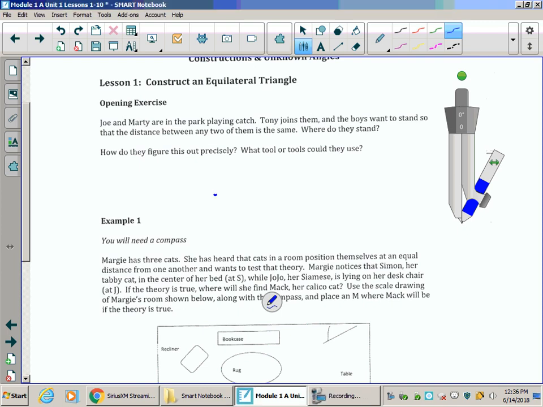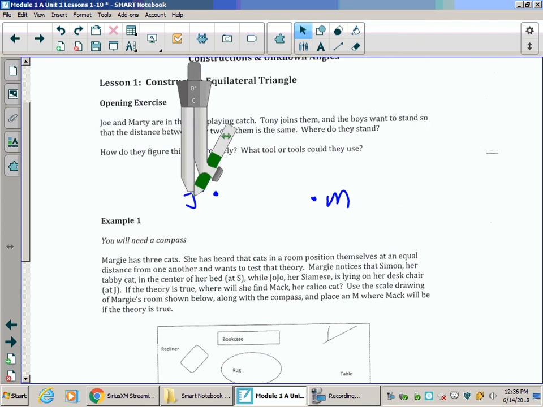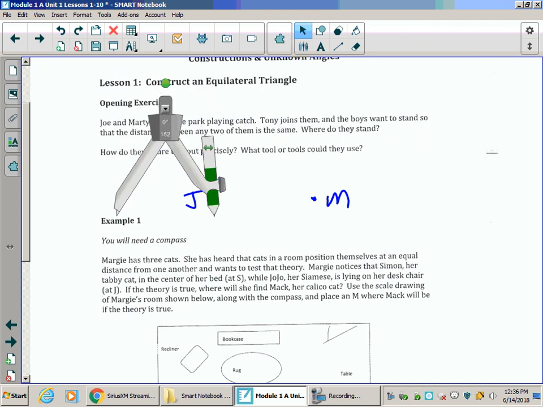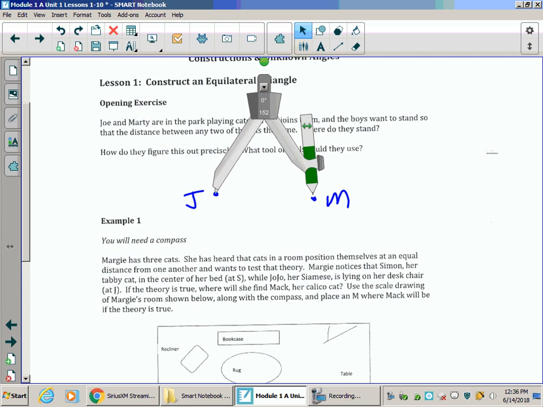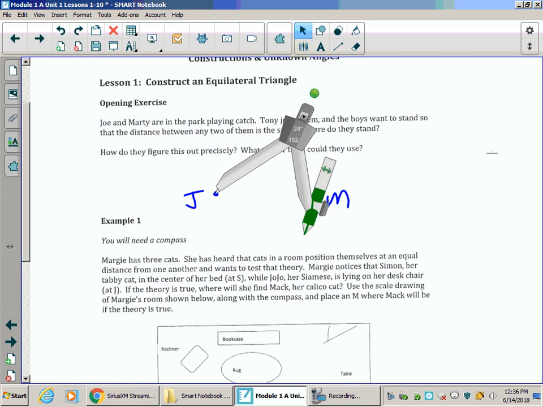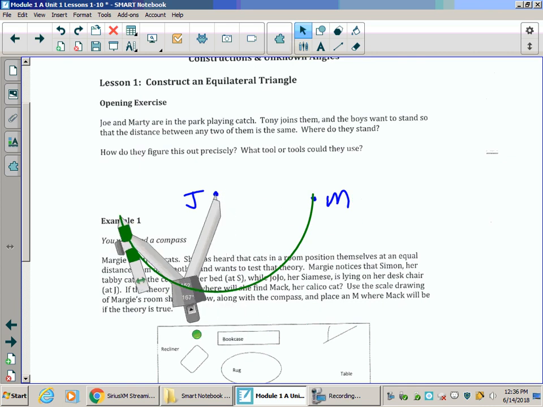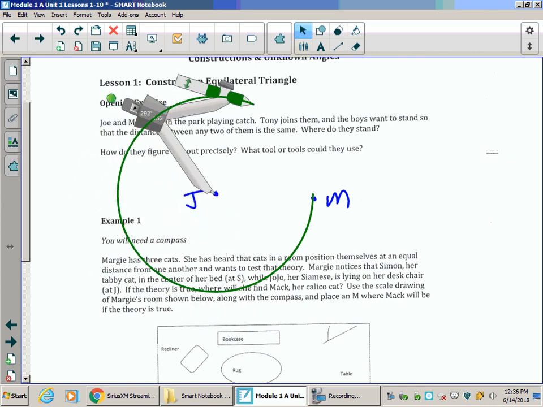So if we put a little point on the board for the first two people, Joe and Marty, we know that the distance between Joe and the third person is going to be the same distance as Joe and that second person, Marty. So the best way to do that is with a compass making a circle. The reason for that is in this circle, every point on the circle is the same distance away from Joe